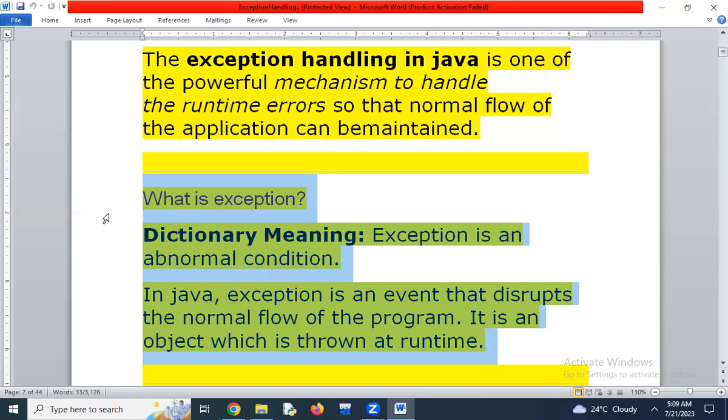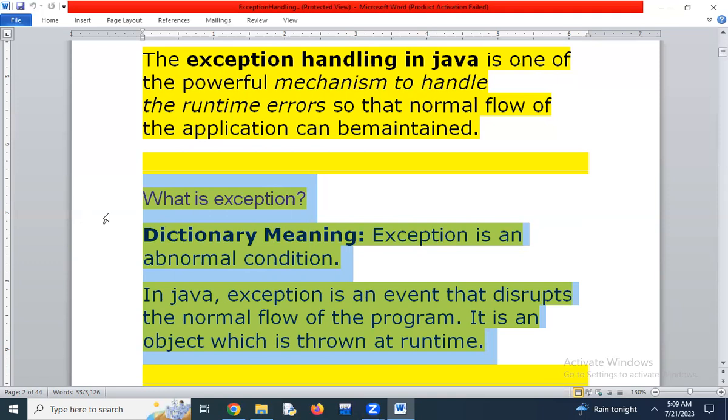For example, if you go to an ATM machine, it has plenty of methods, 5 to 10 or even 20 methods. If one method is not executing, the ATM still has to work. Only that one method is avoided, and the remaining methods have to execute, right? That is nothing but exception handling.